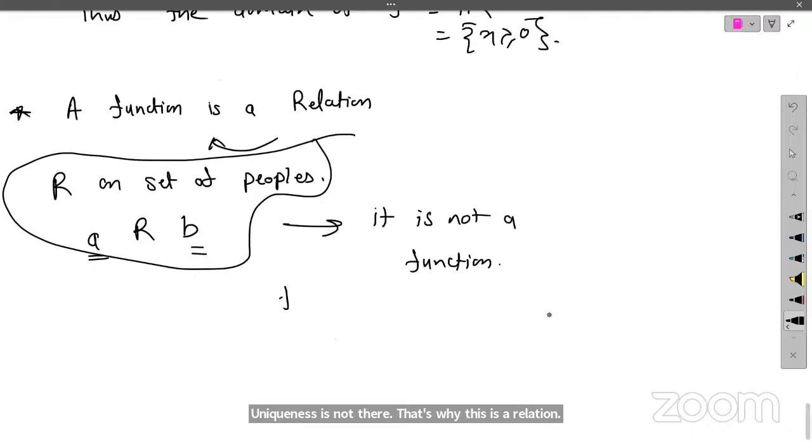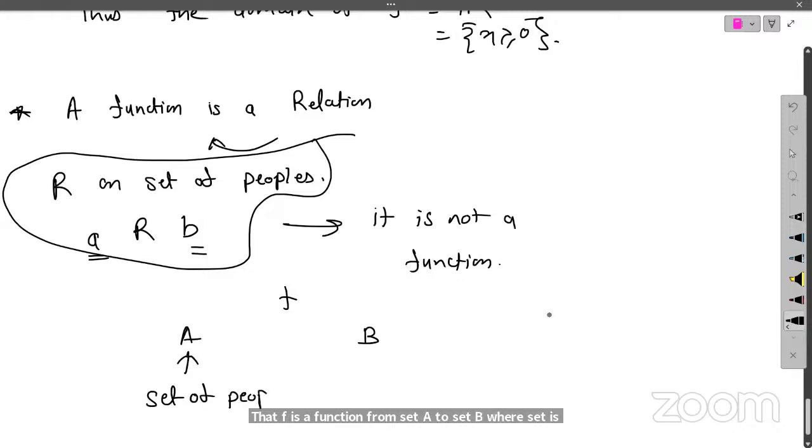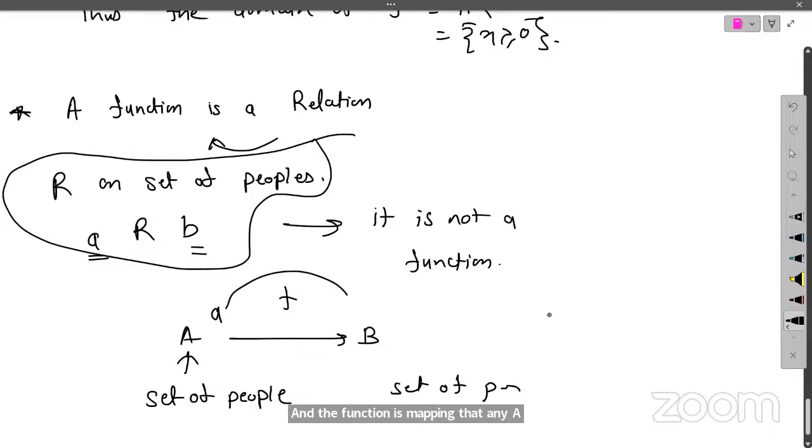that f is a function from set A to set B, where set A is also a set of people, and set B is also a set of people. And the function is mapping that any A is going to their children, that A is a parent of B, right? Then if you define this f, this map from set of people to set of people, then this is not a function,